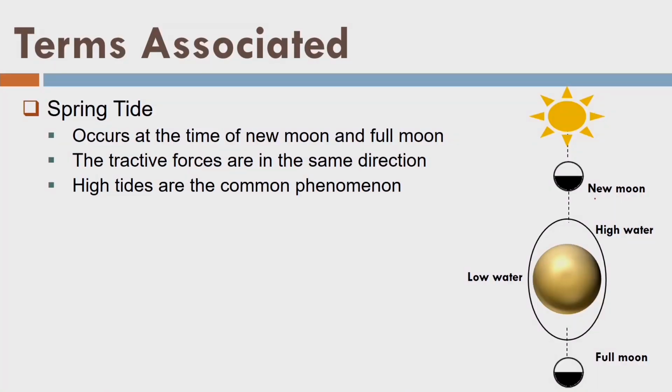And that is shown here in this picture on the slide. This position is called new moon, when sun and moon are aligned in one line and they are basically above the meridian of this point, and we see high tides here. Similarly, as we know, there will be high tide here also, and there will be lowest tide here also. And this phenomenon is called the spring tide. It occurs at the new moon and full moon, and high tides are the common phenomena. One more thing I would like to write here, that the highest of the high tides are observed.